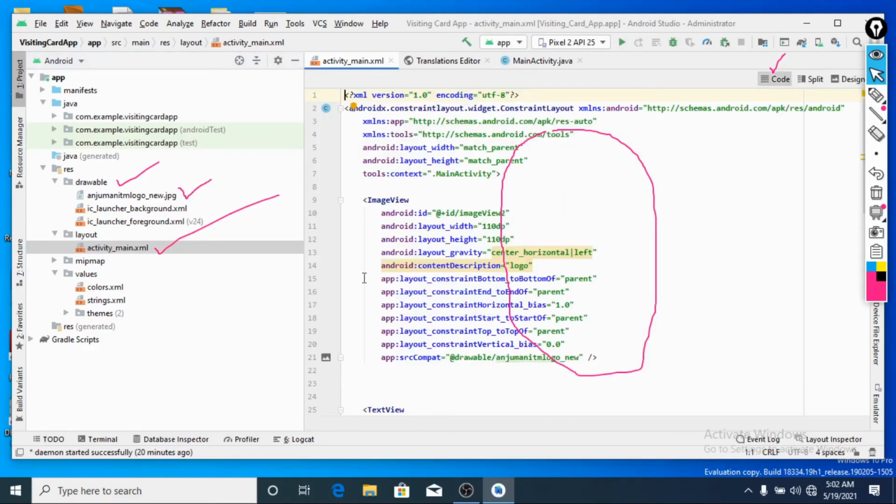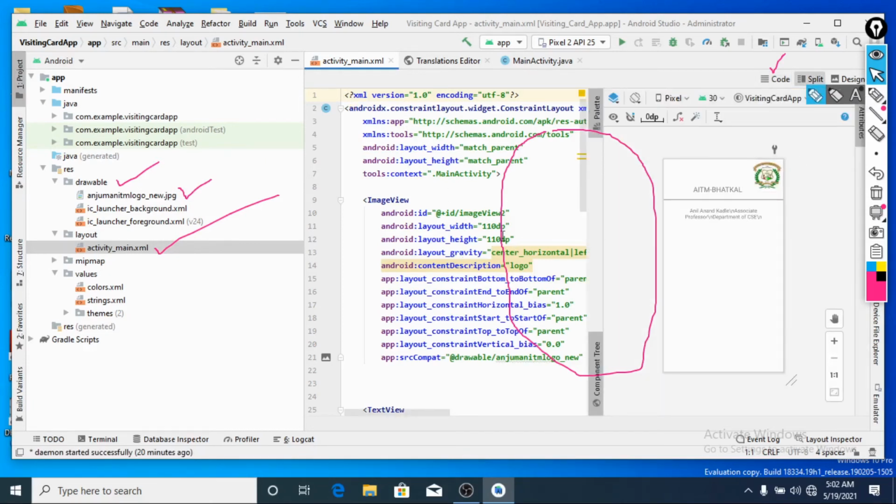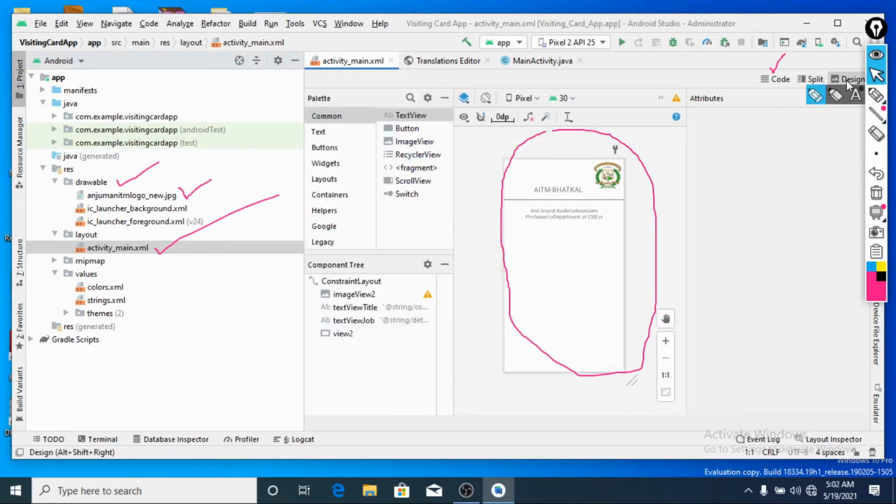Whenever you click on code, it will show all the code corresponding to your design. This is an XML file. You can be in split window also, coding as well as design. In design, this window consists of all the palettes or views which are required. Suppose you want a button, you drag and drop it here. It is a drag and drop system.